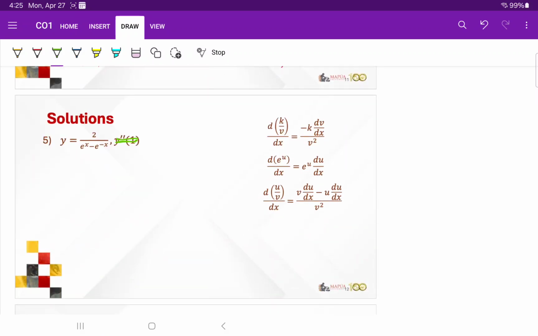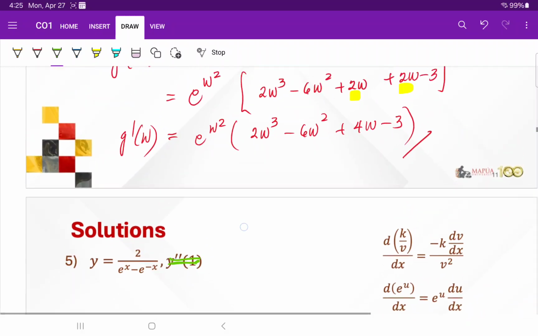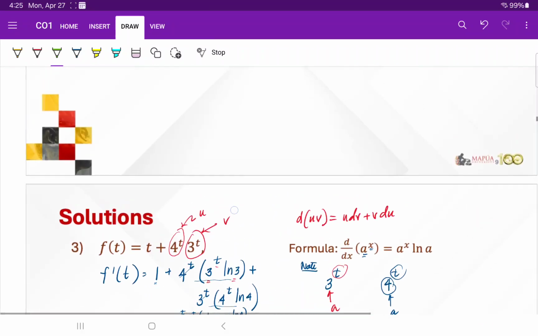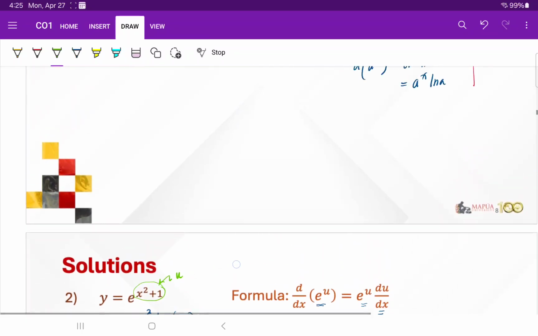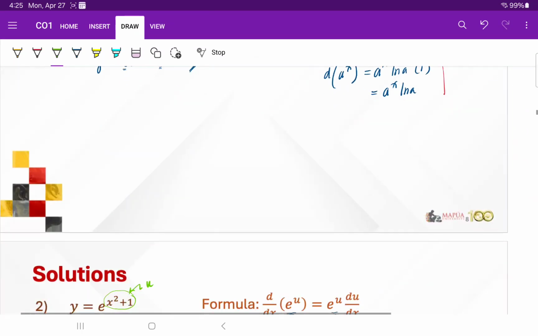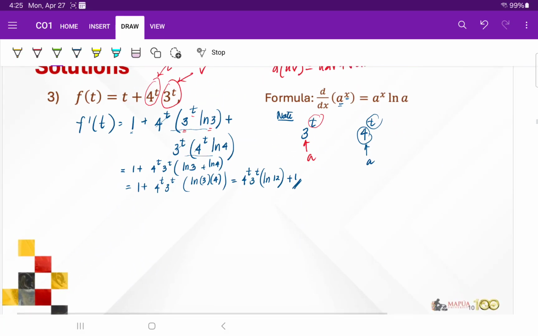Okay, so we'll just have to solve for this one, not the second derivative. Is it number 5 here? 2 over. Let me check. It's 2 over. Yeah, okay. So let's do this. We have, for number 5,